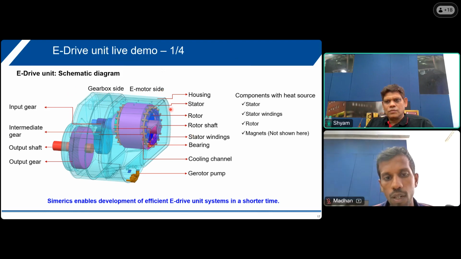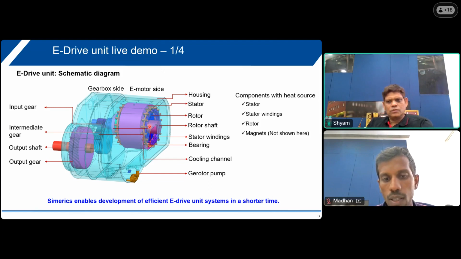The important application of any CFD simulation is to get the temperature prediction and the oil distribution, so whether the oil they are supplying is able to take away the heat effectively. To cater to that, we have created this demo model, including all the cooling channels